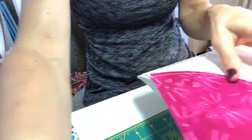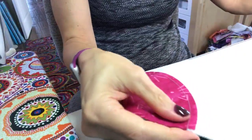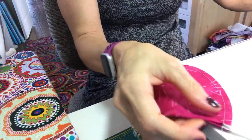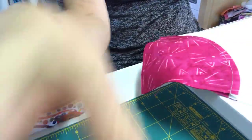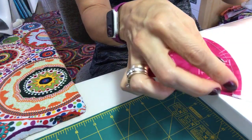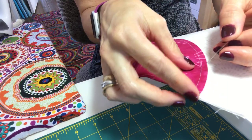I'm going to show you how to join these together because the seams go in the same direction. So you want that consistent curve. I'm going to bring it in really close. I'm going to pull this down so you can kind of see what I'm doing here. You're welcome, Jeannie. It's really super simple to do, so that when you want to start joining these blocks together, because I know a lot of you are going to be working on this,